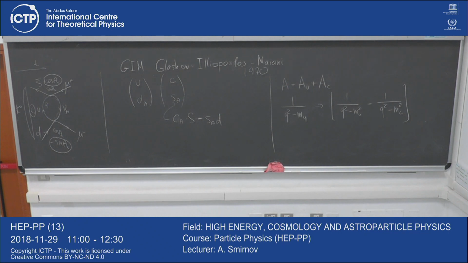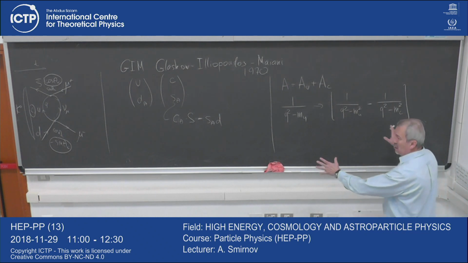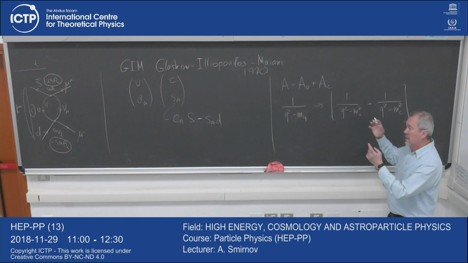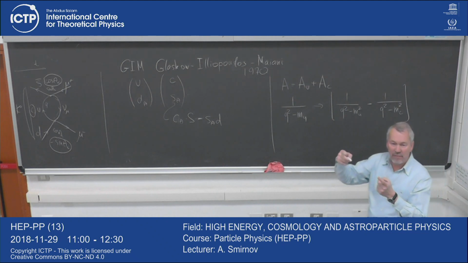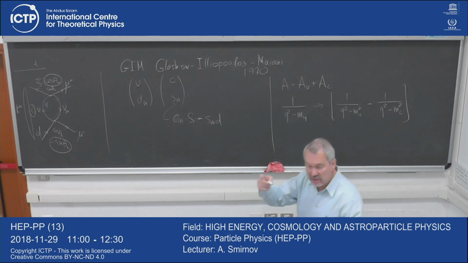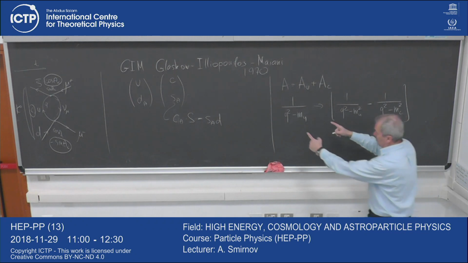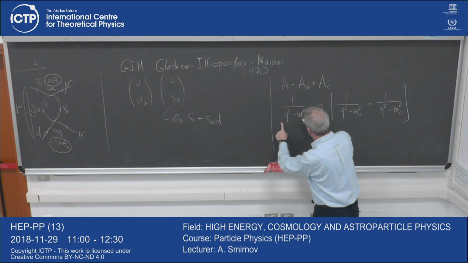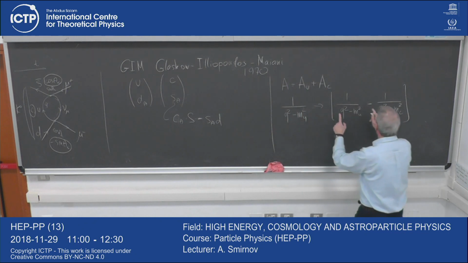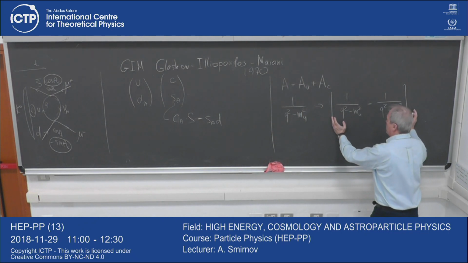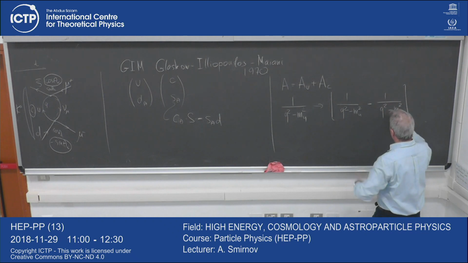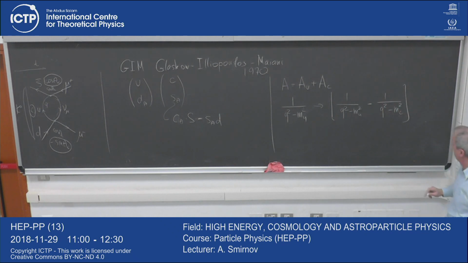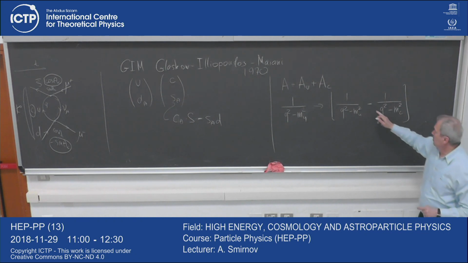So including charm can be accounted for by substitution in the expression for the amplitude, which I have discussed already before, the propagator of the u quark squared, into this expression. So this is what comes from a diagram with charm, and the only difference is this minus